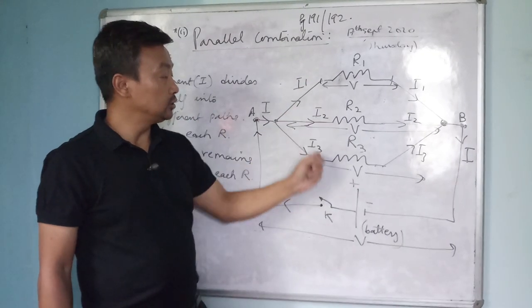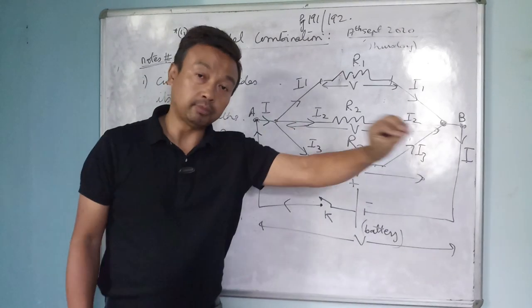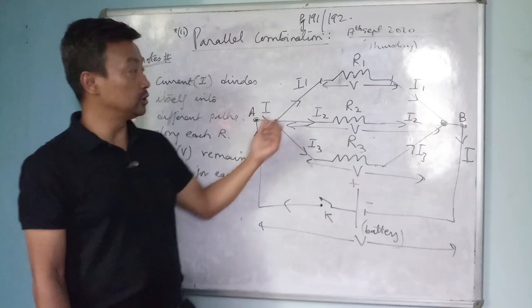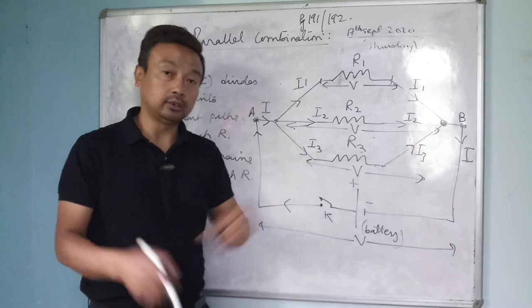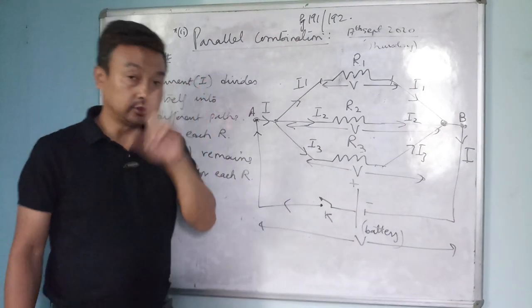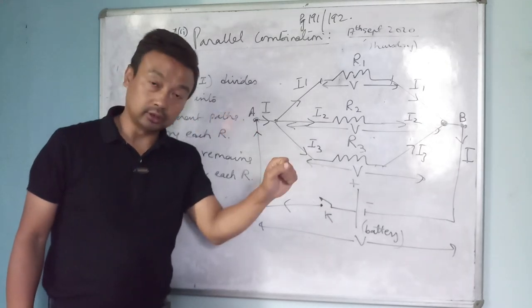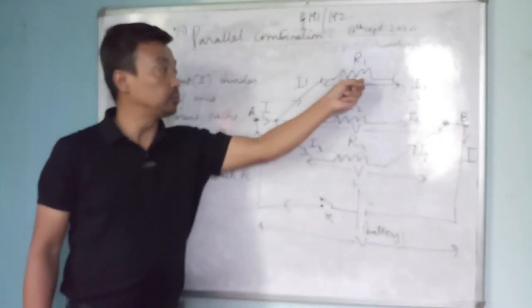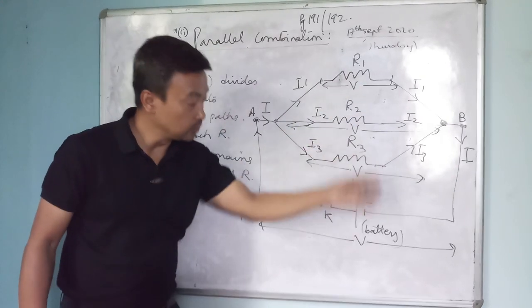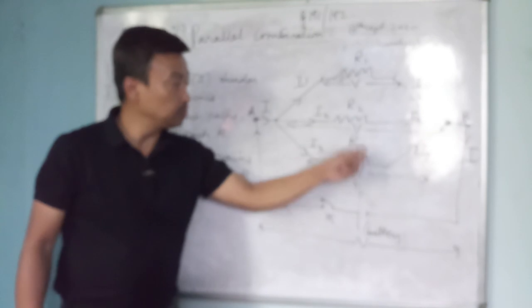Here one end is joined to the same point, and in series the same current is passing through each resistor, but here the current is split up or divided into different sections. In the series you have a different potential difference for each resistor. In the parallel the potential difference is the same for the entire circuit, and that will be the same potential difference